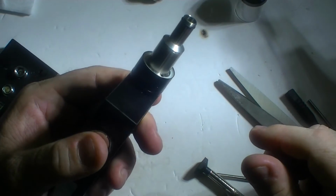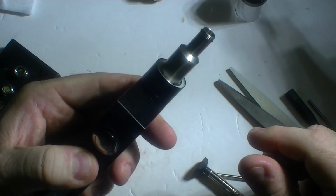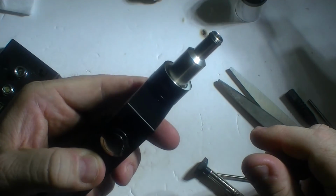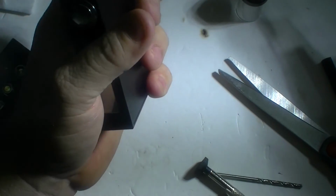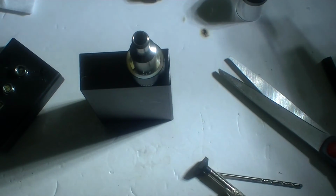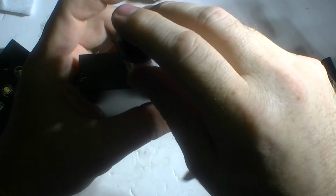There we go. It's reading at a 1.1, so I'll crank that up to about, let's say, 15 watts, so it'll give me about 4 volts. Yep, there we go. Let's see if you can see that. So anyway, I got a little juice on there, so there you go. Alright, so that worked. It's working, and I don't see it shorting out, so what we'll do is I will go ahead and put